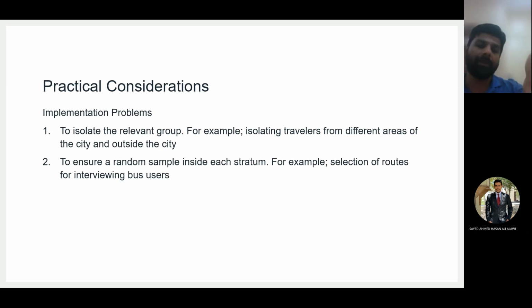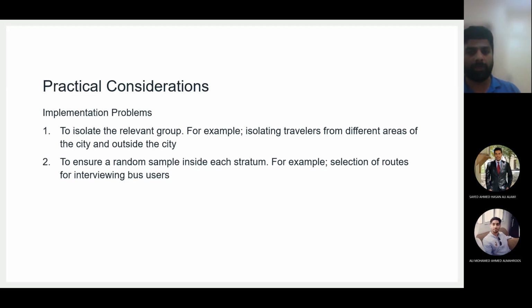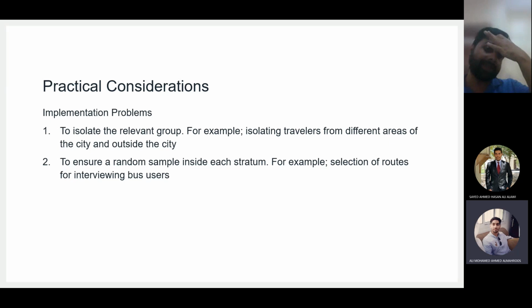It may happen, for example, if I ask you to collect data from some students and to collect data from people who are not students, that eventually you may end up collecting data from your friends who are students, because it's easier for you, more convenient, right? So in that case, anyone has a question?